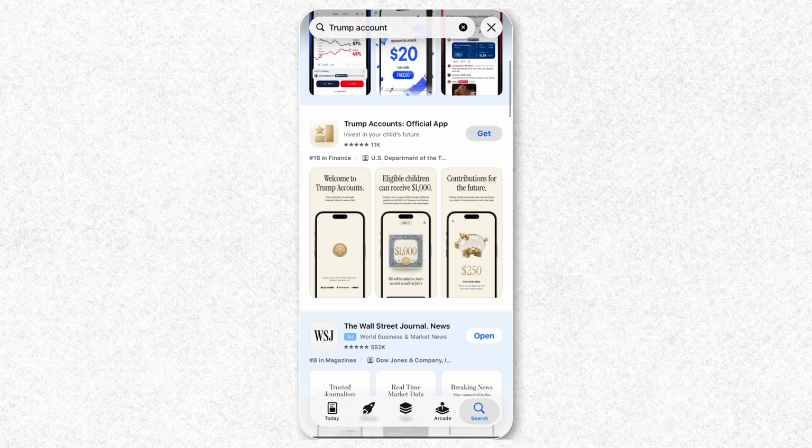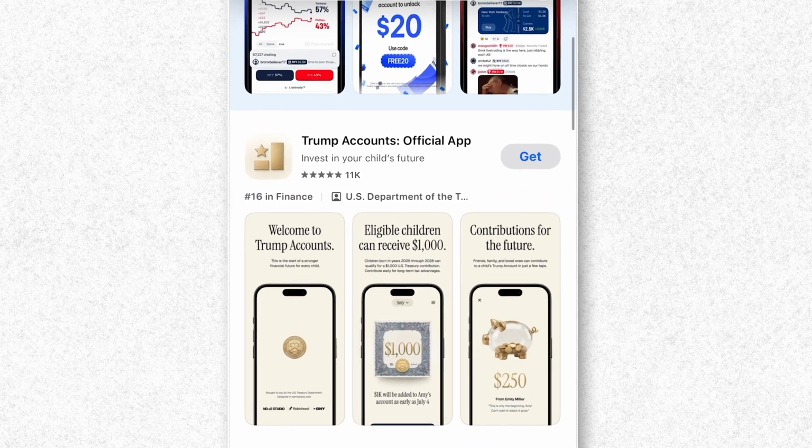I just opened a Trump account for my son. I'm going to show you exactly the steps you need to take to open one up yourself. If you stick around to the end, I'll give you the reasons why I'm opening and how the account works. So let's jump in. First thing you're going to know is you can only open up the account on the